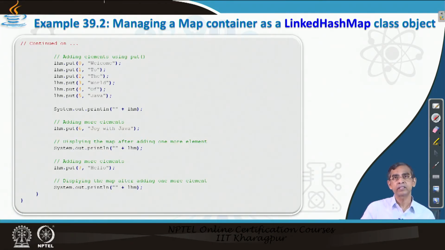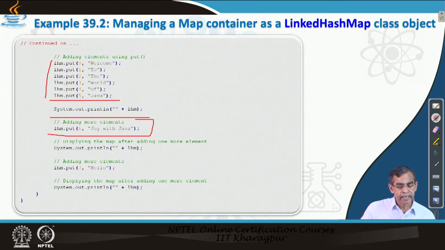So, this is in continuation of the previous part of the program. We just added a few elements, and we have mentioned the size. So, we have already reached the maximum size. Now, here if we put the next element, then you will see the first element will be